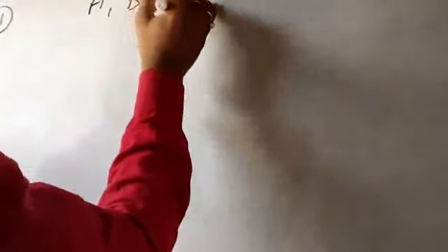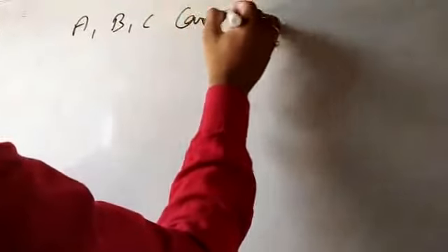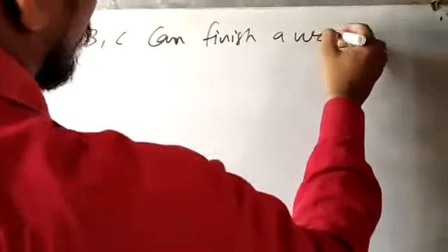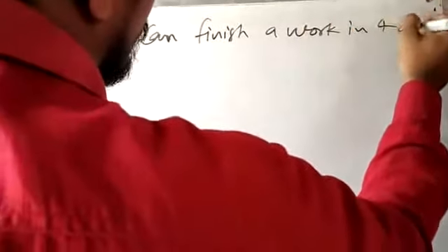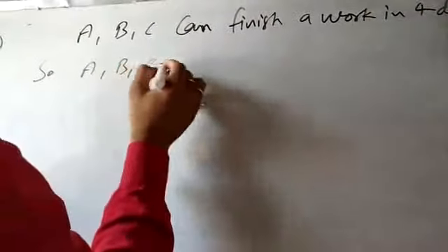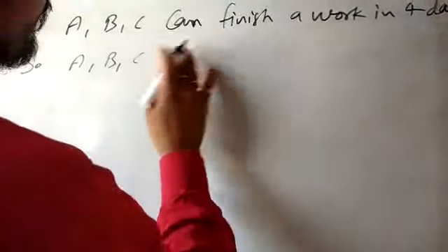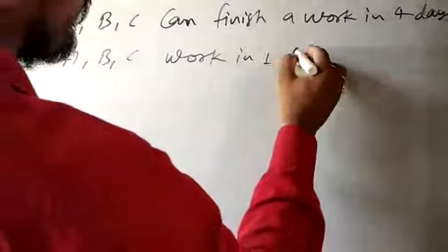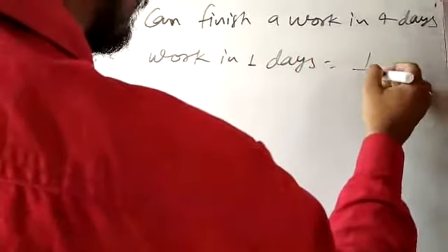So A, B, C's work in 1 day is equal to 1/4. If A alone can finish the same work in 8 days and B in 12 days,